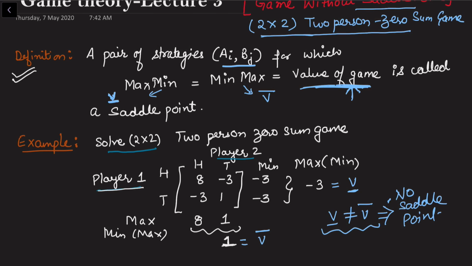We can find out from which strategy it comes, and it gives us the pair of strategies which is optimal. But in this case we did not find a saddle point. So let us see how to proceed now. For such a question, when you have 2 cross 2, there are two strategies. There were two players, player 1 and player 2. How to proceed now for this question when there is no saddle point?